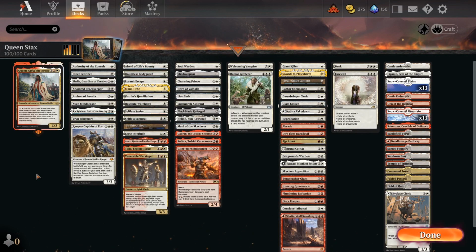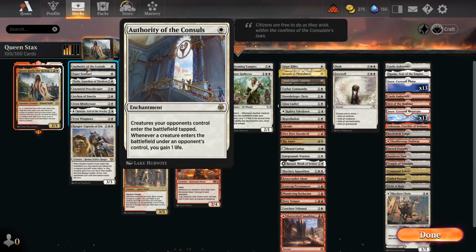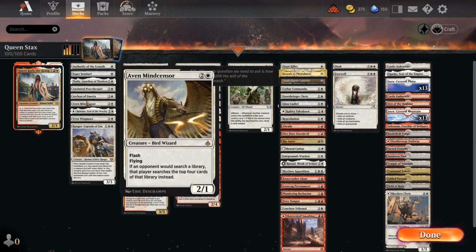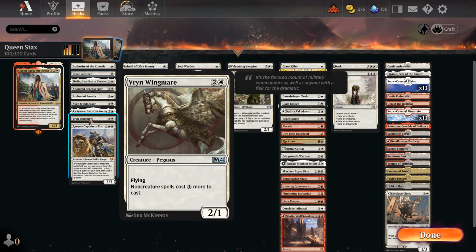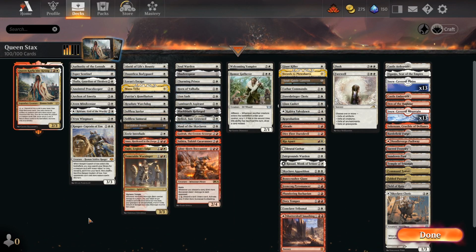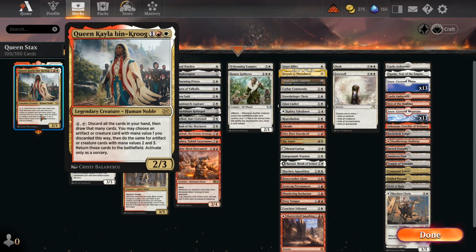Okay, and I found that stacks go very well with Queen Kayla. So we have Authority of the Consuls, for instance, Esper Sentinel, Thalia, Anointed Peacekeeper, Archon of Emeria, Mind Sensor, Rhystic Wingmare, and Captain of Eos. All these things make it difficult for the opponent to play spells, and we don't have to cast spells. We can just put them on the battlefield with Kayla's ability, and that goes around counterspells also, which is